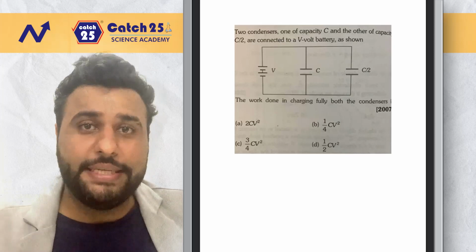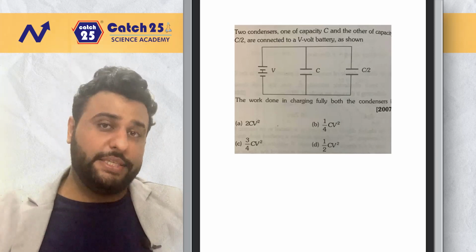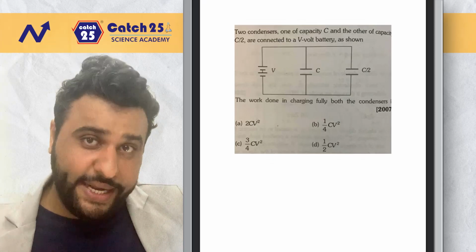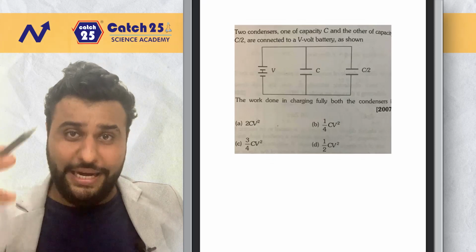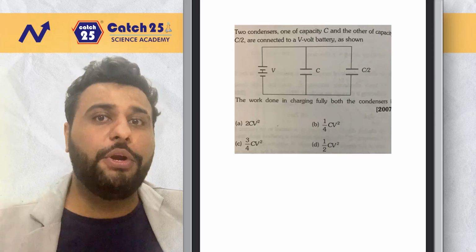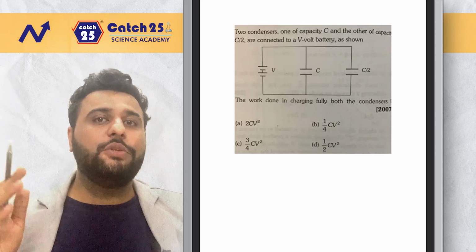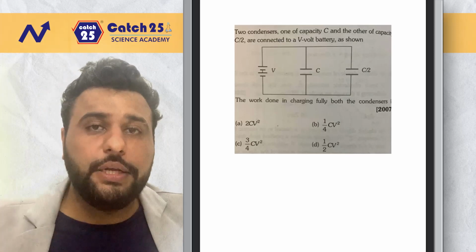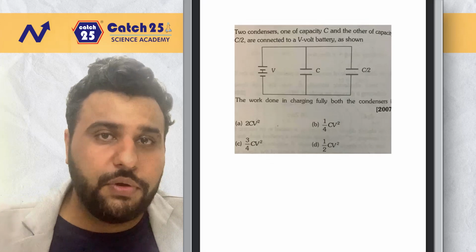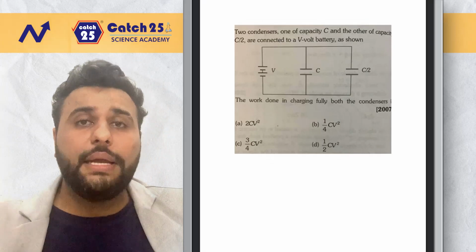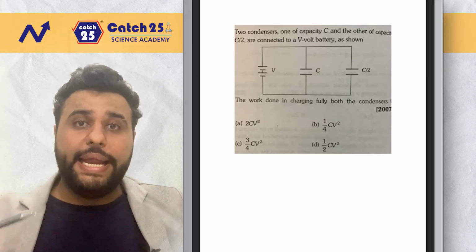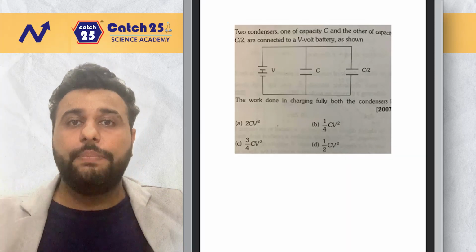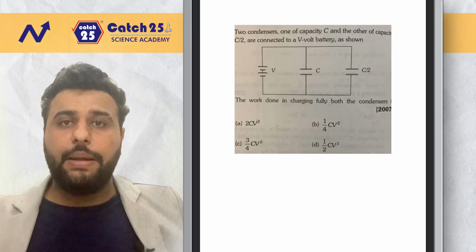Capacitance in parallel is same like resistance in series, C1 plus C2 plus C3. And in series, potential or voltage adds up, charge remains constant, and in parallel, charge adds up, potential remains constant. These are the things you should know before you start the circuit questions. Let me repeat. The first thing you should know is capacitance in series formula. The second thing you should know is capacitance in parallel. Next, in series, what happens to the potential and what happens to the charge, and in parallel, what happens to the potential and what happens to the charge.